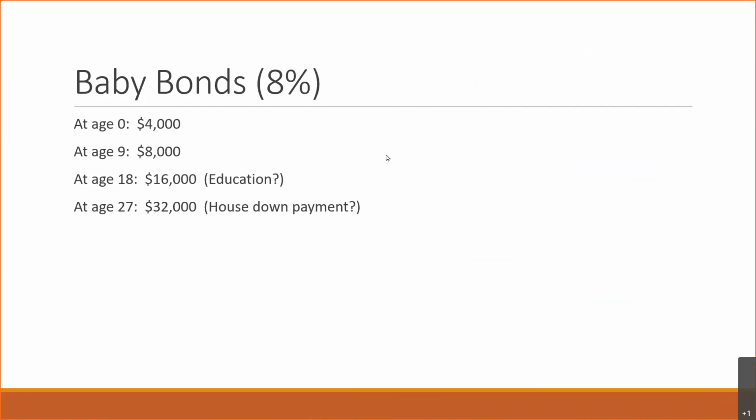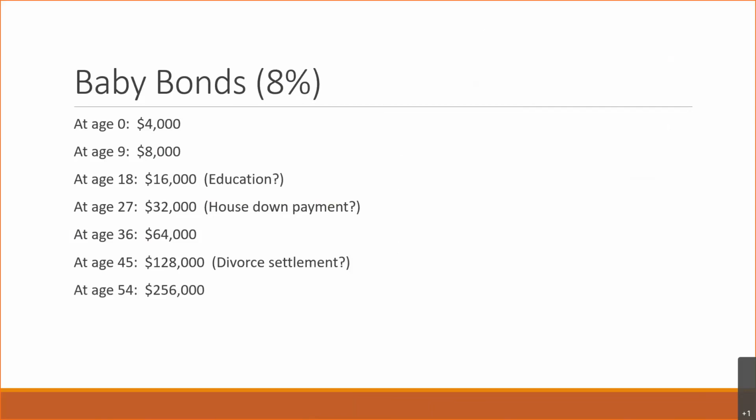If for some reason the money isn't spent at that point, and it's continuous, it's $32,000. Maybe a house at age 27, maybe that's a house down payment. Age 36, $64,000. Don't have any event there. Age 45, $128,000. I just put in divorce settlement. No, maybe not, but $128,000 is starting to be a bit of money. Age 54, $256,000. You get to age 63, you're thinking about maybe retirement. That's $500,000, right? So if the money hasn't been touched over that period of time, and the average rate of return is 8%,